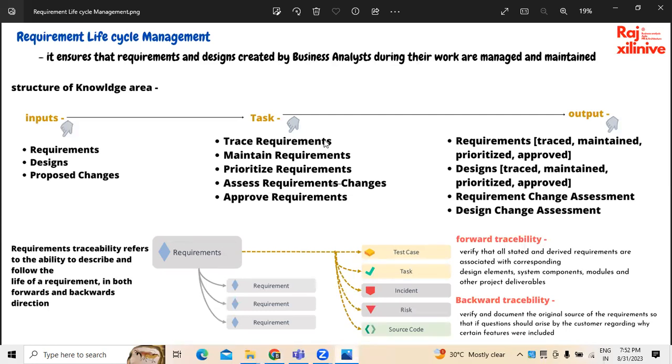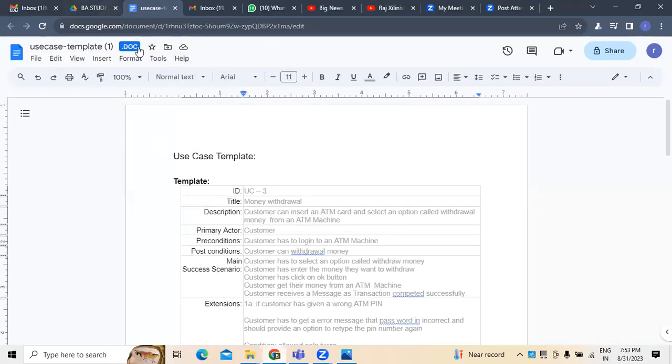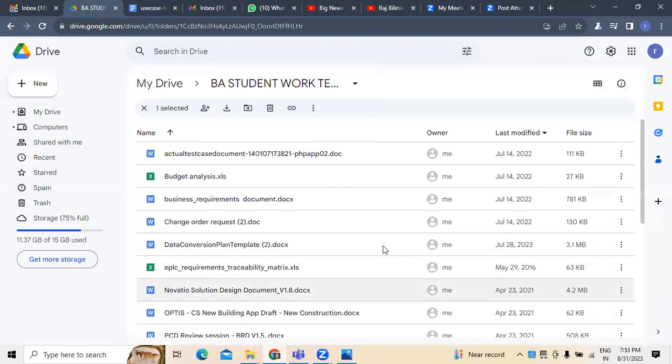So whenever we want to trace the requirements as part of application development, I'm talking about it, please don't consider that from the context of the BA all the time. If we as a team, combining all the technical teams, everybody, need tracing of requirements, what is needed? You need to have use cases. Point number one. Point number two, you need to know the test cases also. So if you want to do test cases,